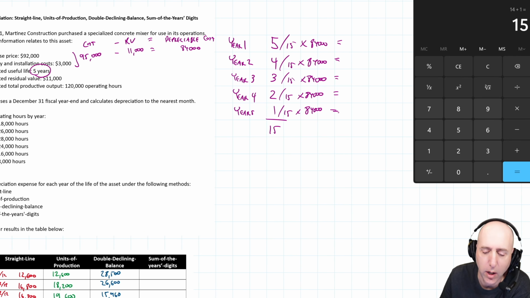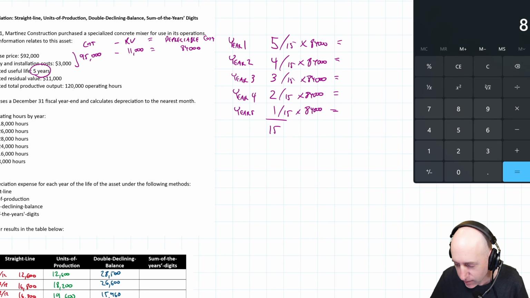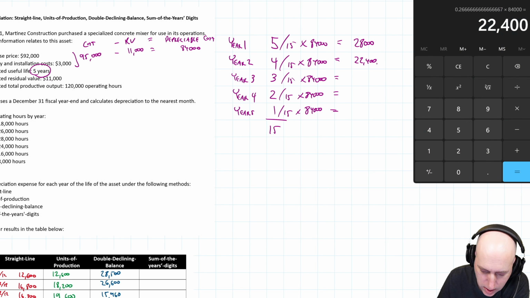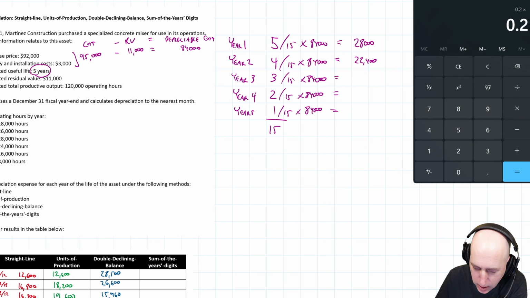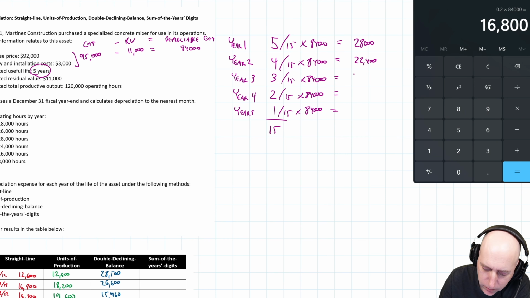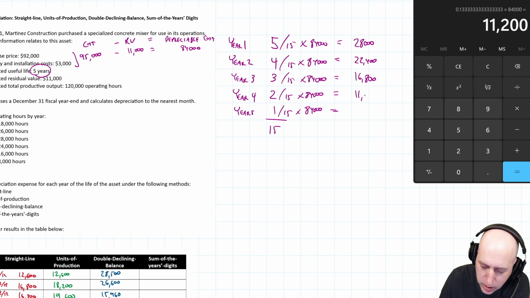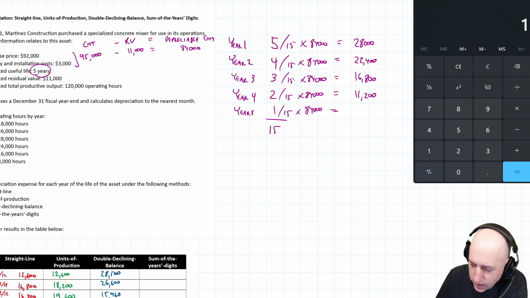So in year 1 of ownership of the asset, 5/15 times 84,000, 28,000. Year 2, 4/15 times 84,000, 22,400. Year 3, 3/15 times 84,000, 16,800. Year 4, 2/15 times 84,000, 11,200. And 1/15 times 84,000,